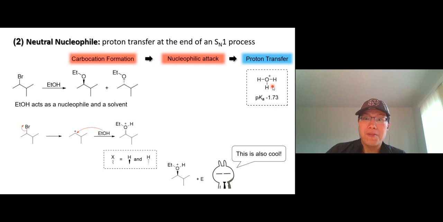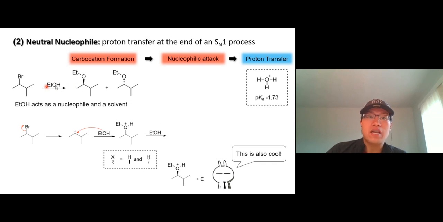That's much more stable. All right. So same thing, look just alike. So oxygen with 3 bonds here, oxygen with 3 bonds. So this proton is really acidic. How acidic? About negative 1.7. About that. Okay, so this proton is going to leave and a base is going to come grab it, which